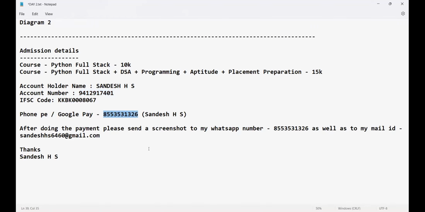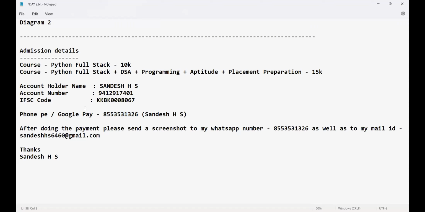100%. Somebody is asking, sir, are there any installments? So please give me a call. 100%, we'll have a conversation. As I can understand, if I tell you to pay 15,000 today itself or tomorrow itself, that too in the middle of a month, basically I'm also from a middle class background. I can understand. You just give me a call. We'll have a conversation. Will that be fine? But trust me, I'll not be giving more than 2 installments. That's for sure.